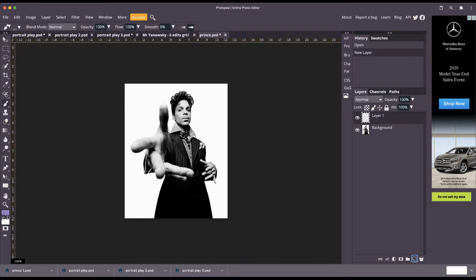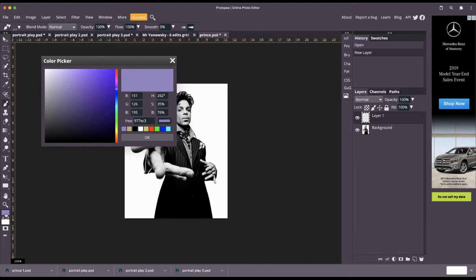Down here on the left side palette, yours might be black and white still. You click on this and then you can move the slider to various colors. You start with whatever hue, from red to blue, green, right back to red, oranges, and so on. I'm going to go for a purple because it's Prince after all, and that's what he's known for,